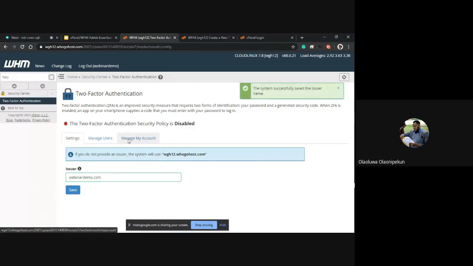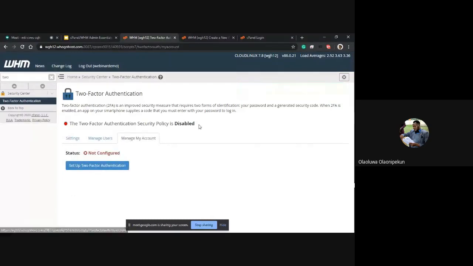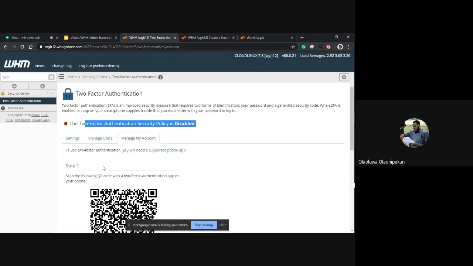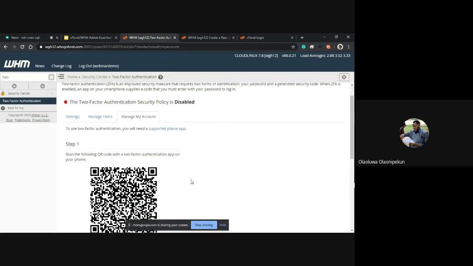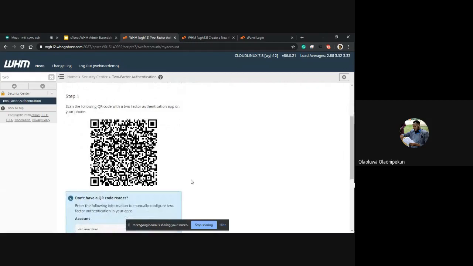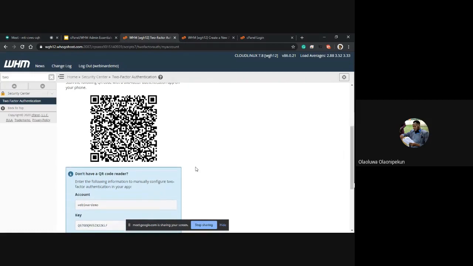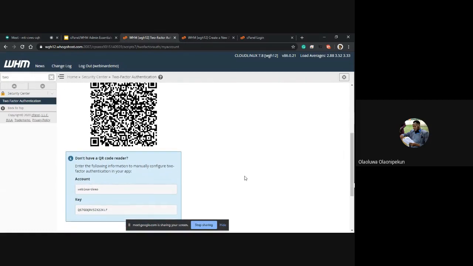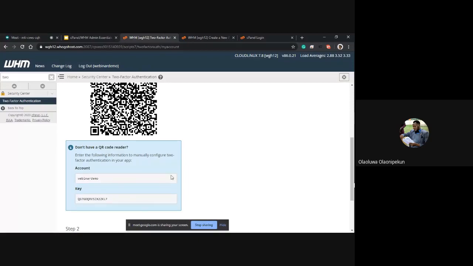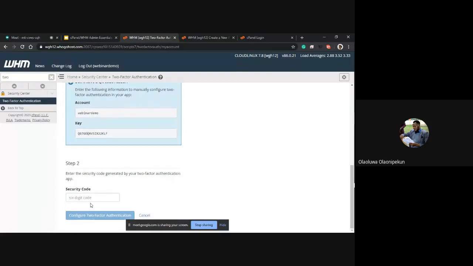Then I go to manage my accounts. It's currently disabled. You can see the information here is currently disabled. From manage my account, you can see it's not configured at all. So to enable it, you click on setup two-factor authentication. I believe Google Authenticator should be able to work for this. You can use your Google Authenticator to scan the QR code, or if you don't have a QR code reader, sorry, you can use this information over here to manually configure it. Then after you configure, you input the